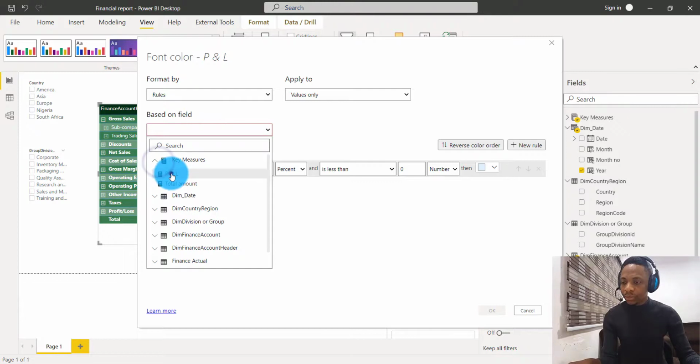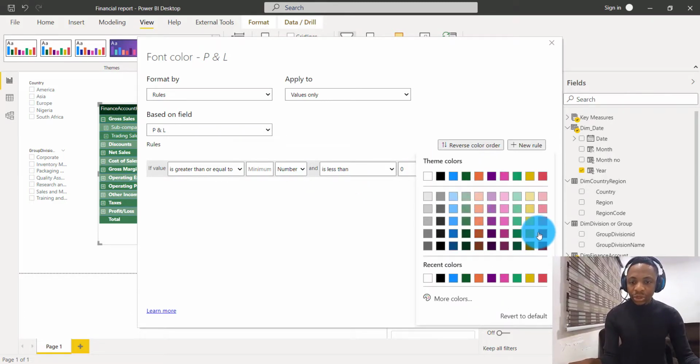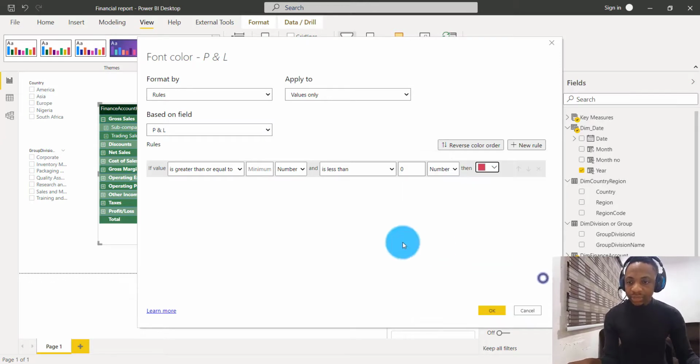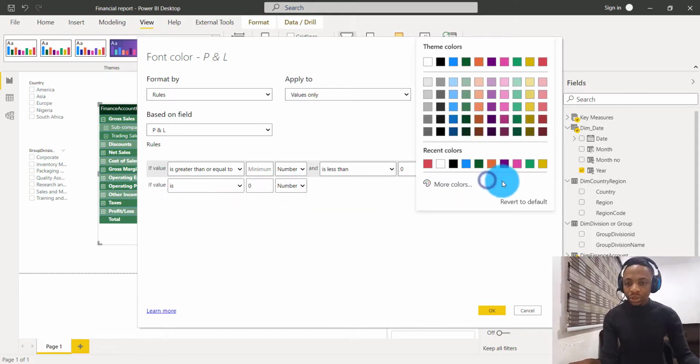The rules will be based on P&L. Let's change to number. If this is greater than or equal to minimum number and is less than 0, anything less than 0 should give us red. Let's pick this red. Then add new rule. If it's 0, it should give us